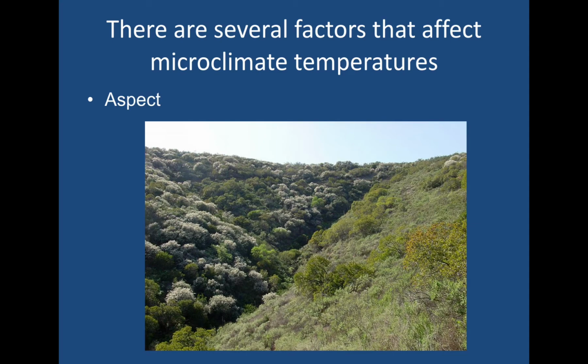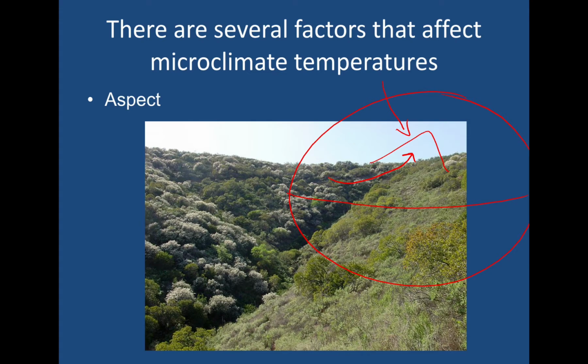Okay? So in the northern hemisphere, the northern aspect of mountains, which faces away from the equator, receives less sunlight than the southern aspect. Okay? Let me try to draw that. Let's say you have the Earth here, you have the equator, you have a mountain. So the northern aspect of a mountain, which is the other side of this mountain, faces away from the equator. The southern aspect, on the other hand, is this one, the one that we see. Okay? So this means that the northern aspect will receive less sunlight than the southern aspect.